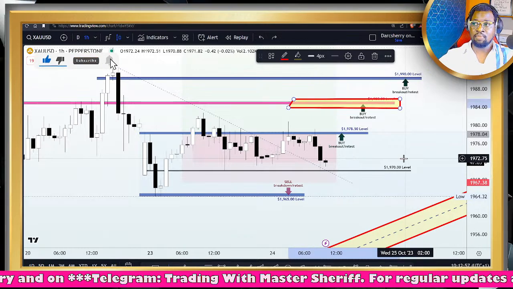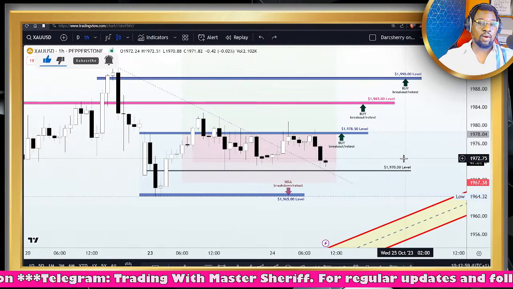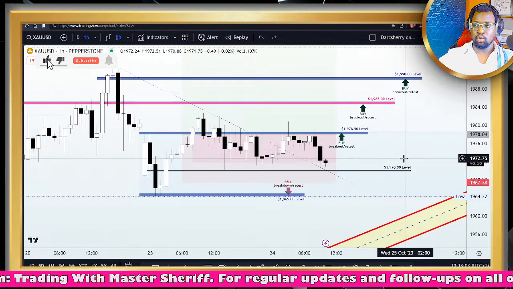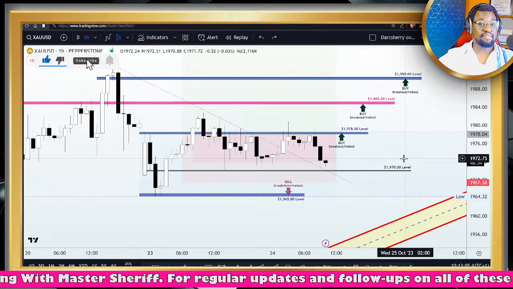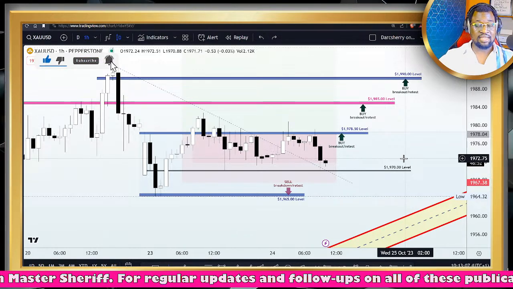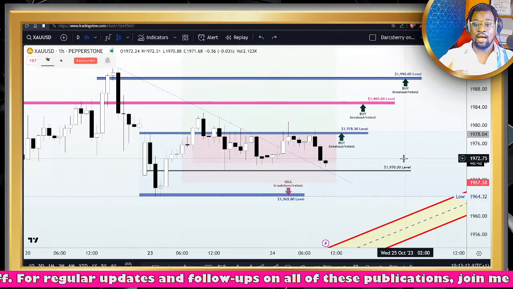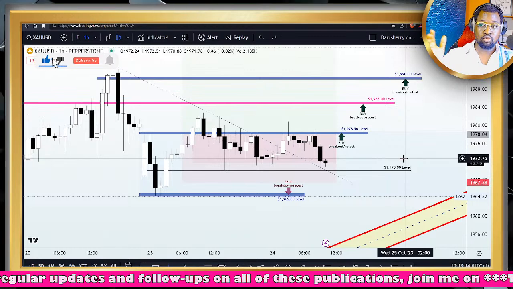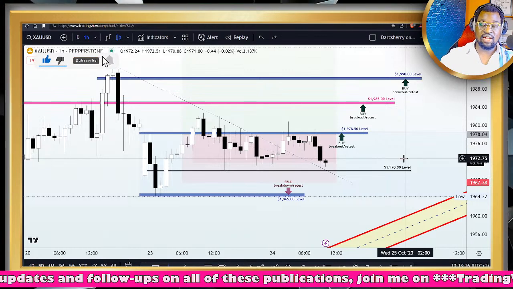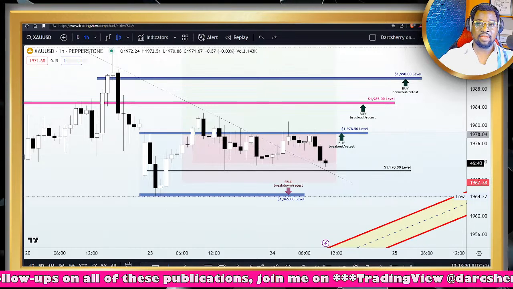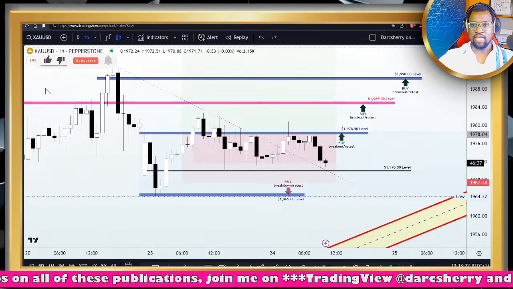Very simple setup. All we just need to do is allow our structures to mature before we jump into any positions. So I don't know if you have any questions whatsoever. I will be taking the next 10 to 15 seconds off to see if there are any questions. I also give you that time to mark out these levels on your chart, as you will be needing them as a reference point to guide your independent trading decisions for today.